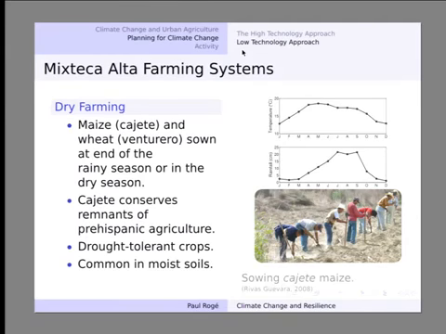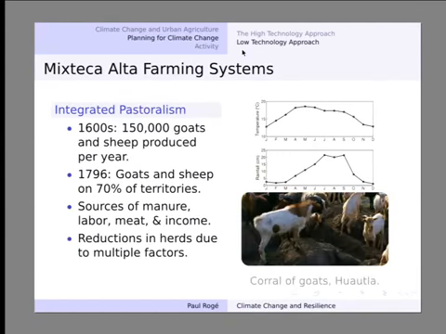And basically they work collectively with a digging implement where they carve away the soil and plant the seed wherever there's residual soil moisture. And so that basically allows the seeds to grow without water in those kind of ditches that they make over the dry period until the rains start. Does that make sense? So it's this kind of remnant of pre-Hispanic farming that's still practiced today. Then you have goats and sheep that are a very predominant component to people's livelihoods.